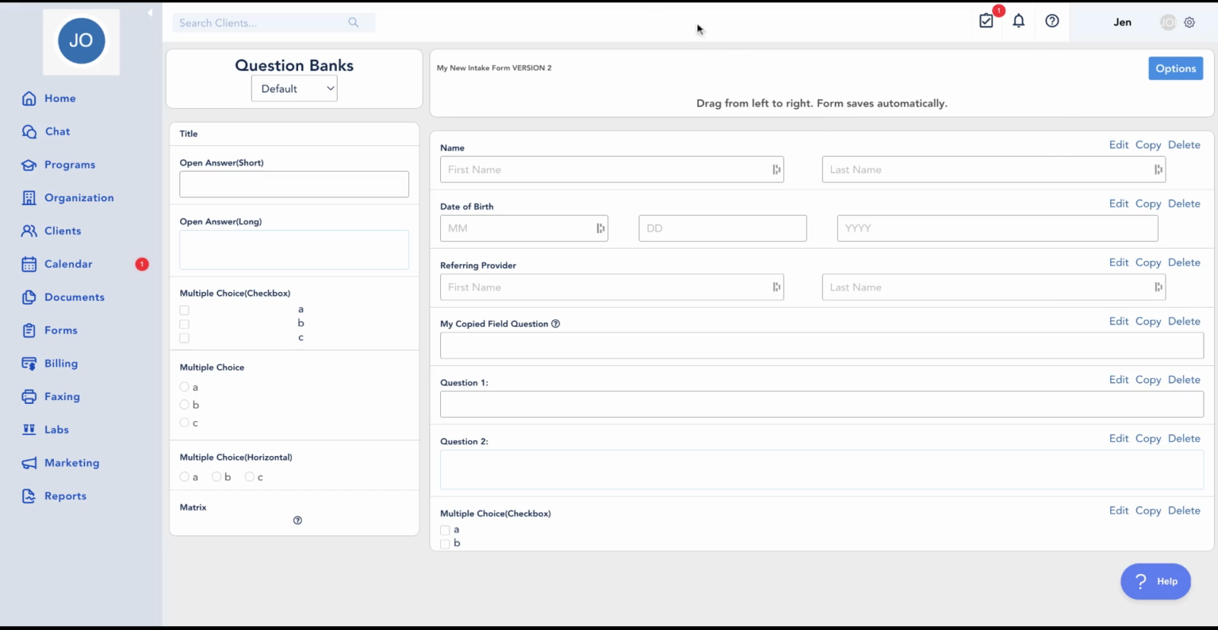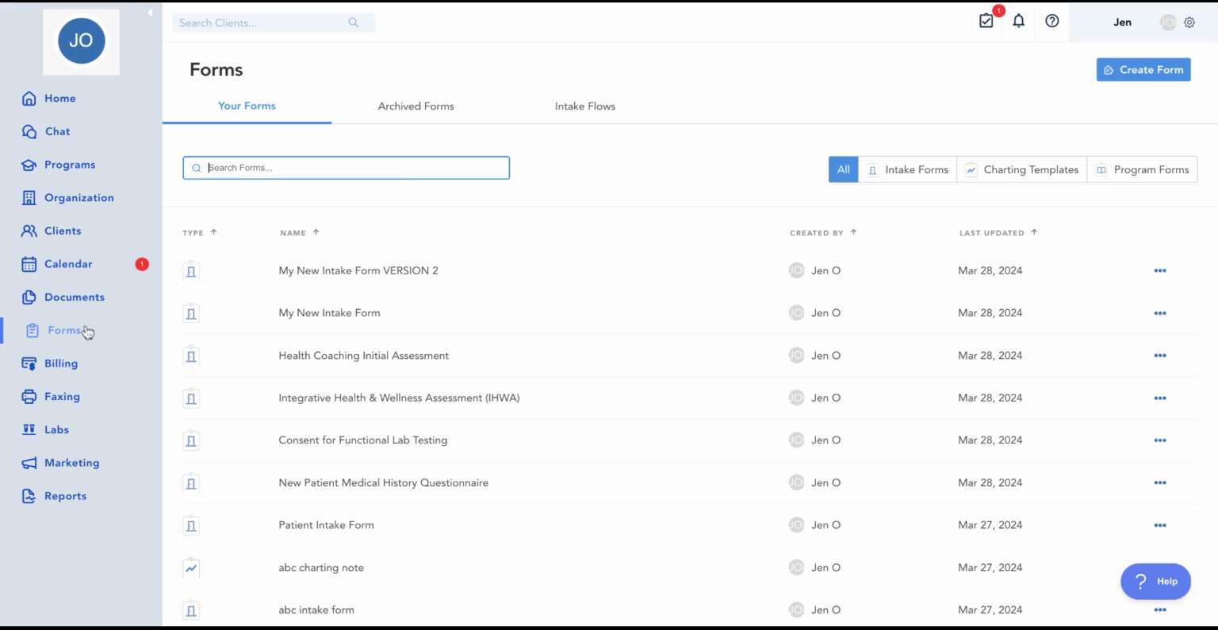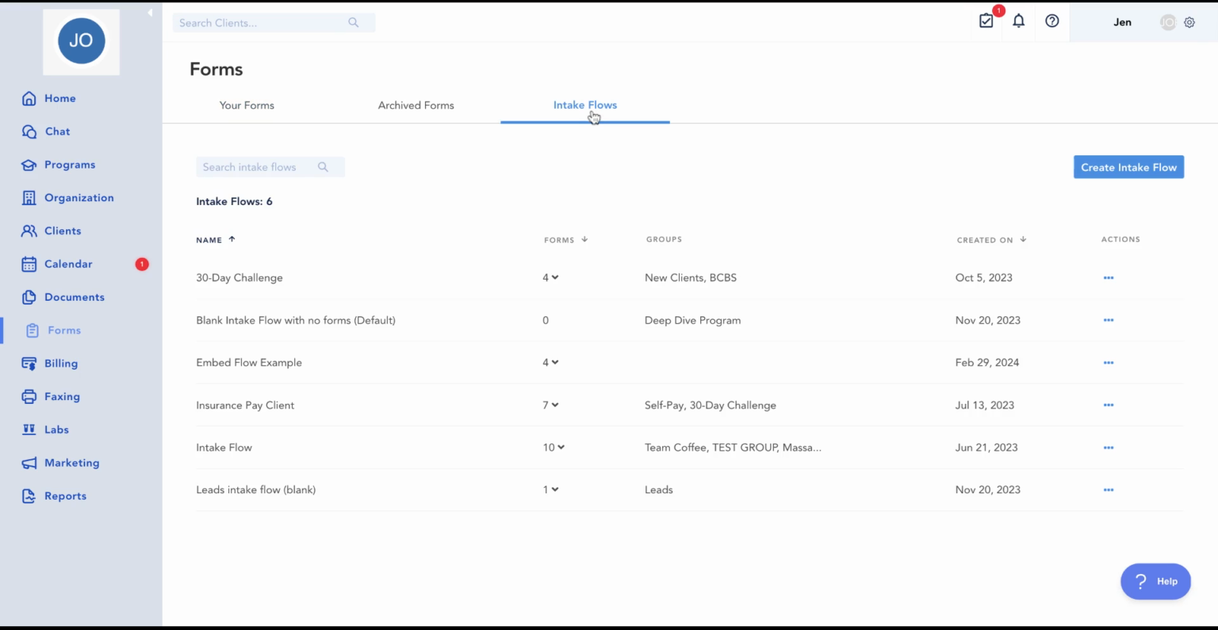So now that we have an intake form built out, and actually if we go back here, again, we have 2 intake forms built out. The next thing that I may want to do is add this form to an intake flow. So let's go to our intake flows page and talk through how those intake flows function and how we can create those. I'm going to go ahead and select the intake flows tab from my